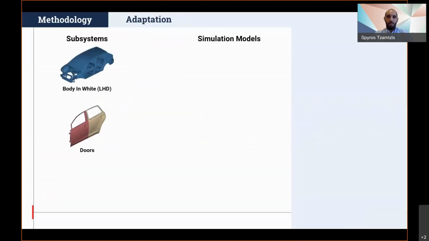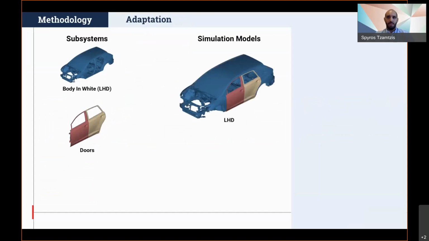A common need when working in the modular environment is to share the target ID ranges or the transformations of subsystems or library items between different simulation model variants. Take, for example, the case of the door subsystems that need to be adapted both in terms of their IDs and their position in order to be used in both the left and the right-hand side of a vehicle for the left-hand drive variant of a model.